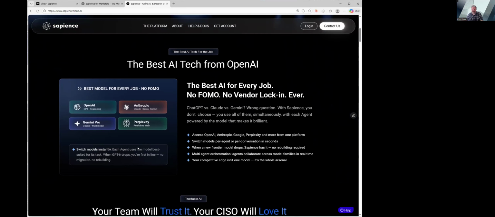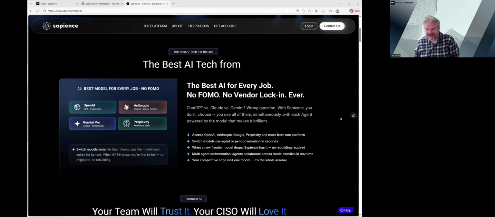So the first thing you know about Sapience is it's a multi-vendor agent platform. If you're using Sapience, you never have to have FOMO or worry when you see something cool that came out from Claude Code, like, oh, I wish I had that. Or GPT Enterprise, OpenAI's enterprise offering, announces something cool, and I wish I had access to that. With Sapience, you get access to the latest and greatest technology from all of the major labs. We've listed these 4 here because they're the most popular and the most asked after, but we actually support about 500 different models. So that's one first thing to know, is that you're always using the best AI tech for the job.